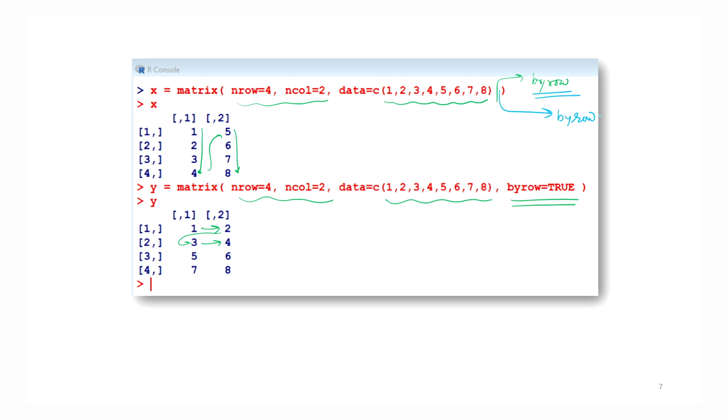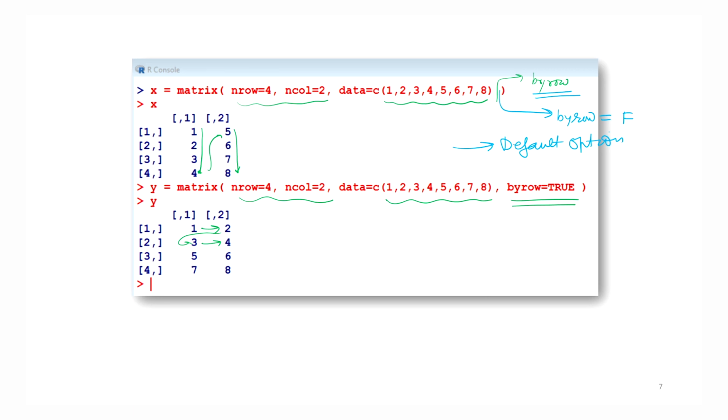Obviously, by row here is actually false, but this is the default option: even if you do not write anything about by row, then R is going to assume it to be false. That is the default option. So, you have to be careful and, according to your requirement and need, use this operation, right.